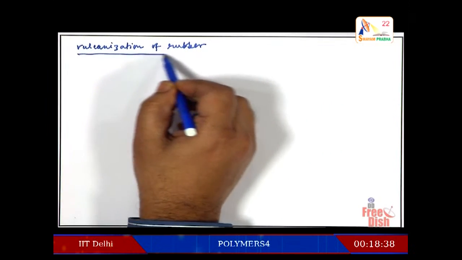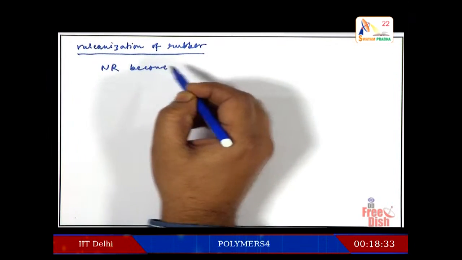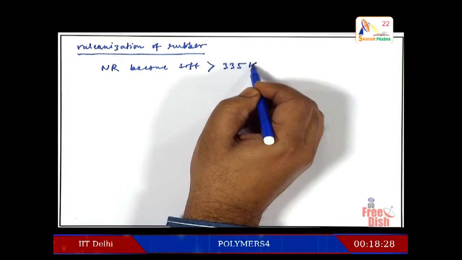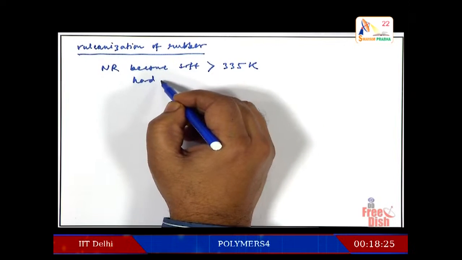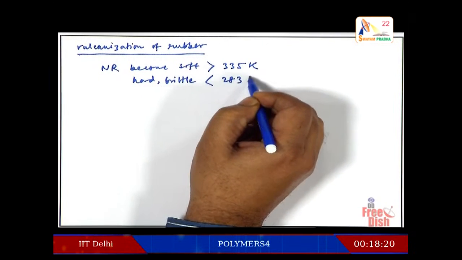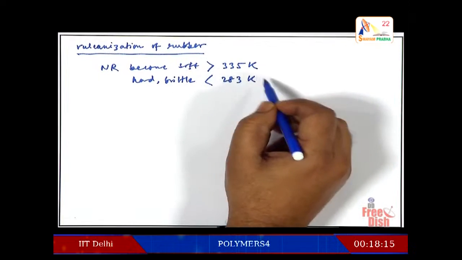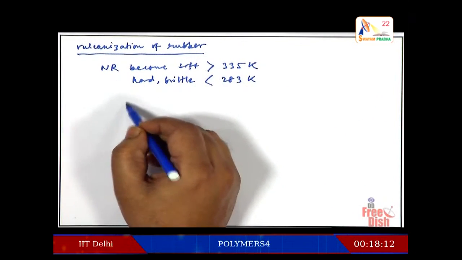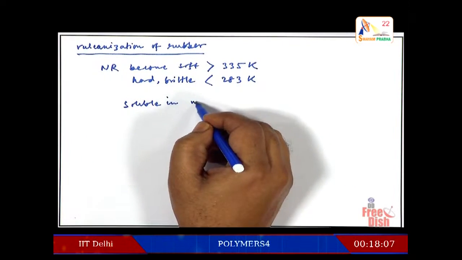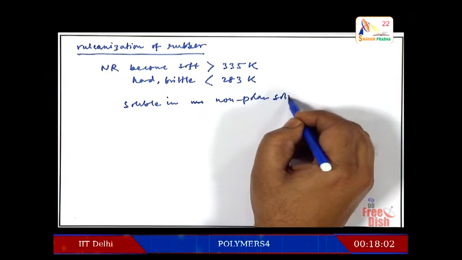Now, why do we require vulcanization of rubber? This natural rubber becomes soft, as I mentioned, soft and sticky at greater than 335 K. It becomes hard and brittle at less than 283 K, and this limits their application. At low temperature it also has a high water absorption capacity, and it is soluble in nonpolar solvents,